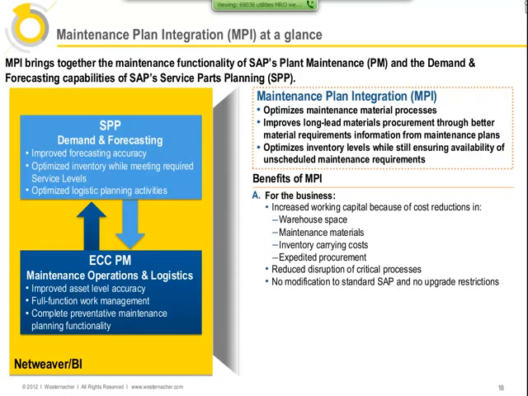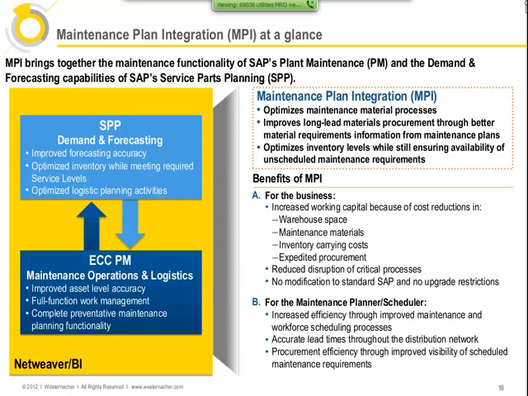Some direct benefits for the sections of the business is, first of all, obviously, anytime that we can reduce inventory and stock keeping costs, we have better working capital. Also, reduction in the disruption of the critical processes. If we have better scheduling and are not dependent on materials, we can actually schedule based on availability of other resources. And we've got no modifications that we're making to SPP that are going to impede any future upgrades. All the things that we're putting in there as far as the maintenance plan solutions are very, very upgradable.